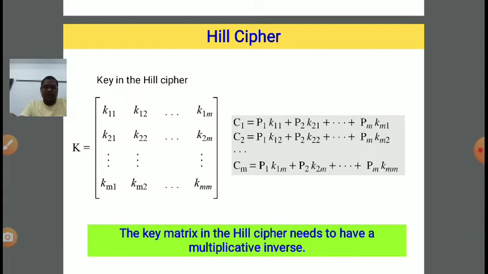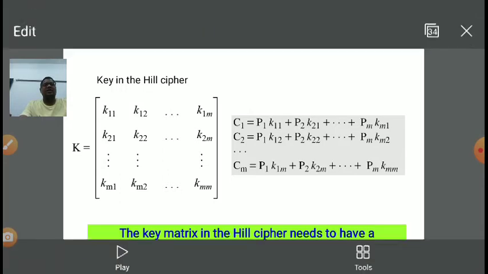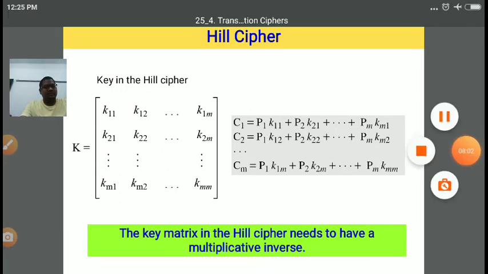So the concept again says: the key matrix in the Hill cipher needs to have a multiplicative inverse. It is a necessary condition that in order to apply the Hill cipher, all the key matrix elements require a multiplicative inverse in the corresponding mod, right?